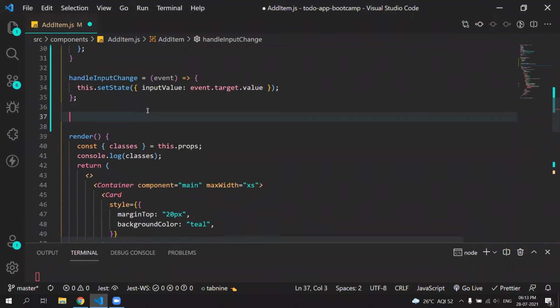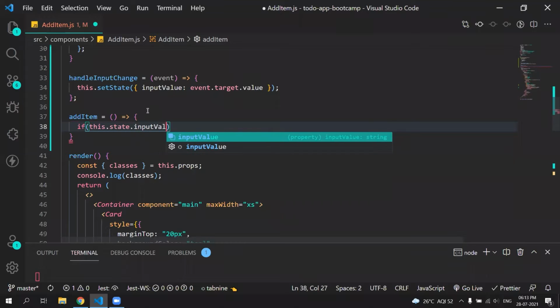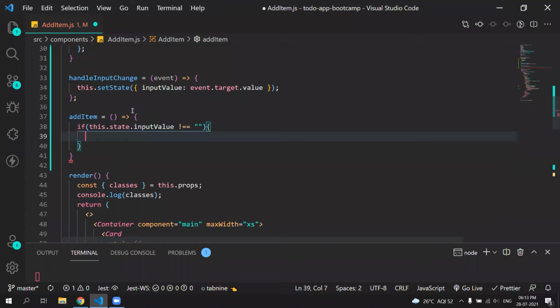Now let's write the functionality of addItem. It will first check that if this.state.inputValue is not equal to blank. If it is not blank, then only it will set the state, otherwise it won't do the functionality.